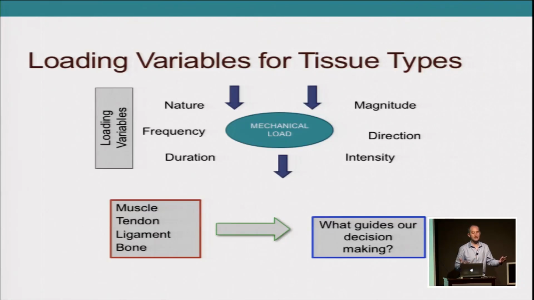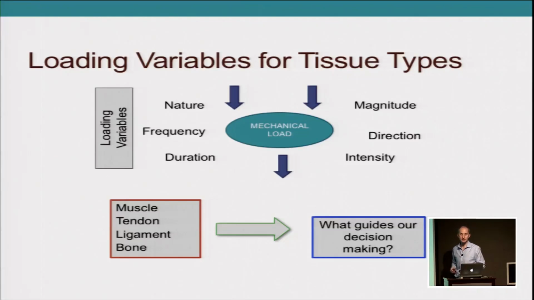What guides our decision making? What guides our decision making when I'm treating a muscle versus a tendon versus a bone? So we've already considered some of the adaptations in the early stages for early loading for ligament and for muscle. And so now I wanted to consider some of these loading variables and mechanisms, firstly for bone and